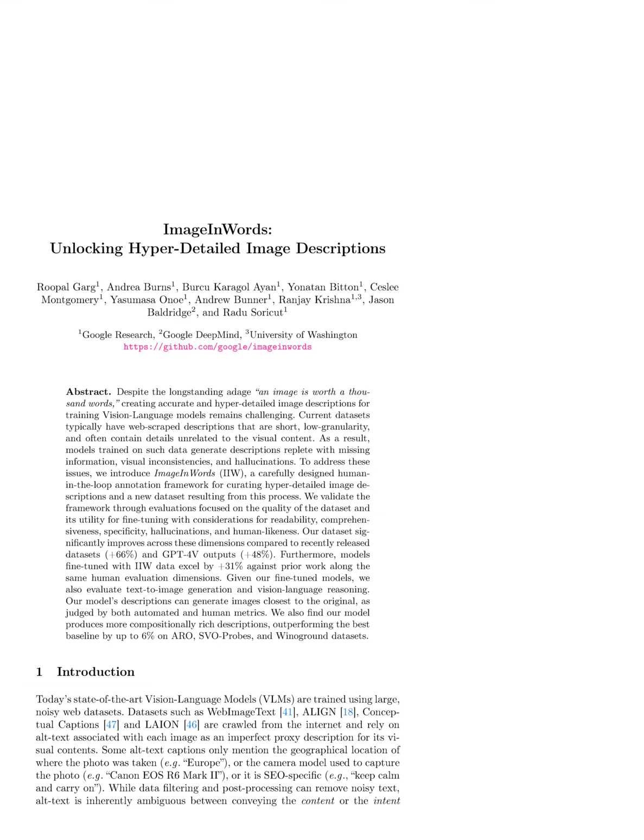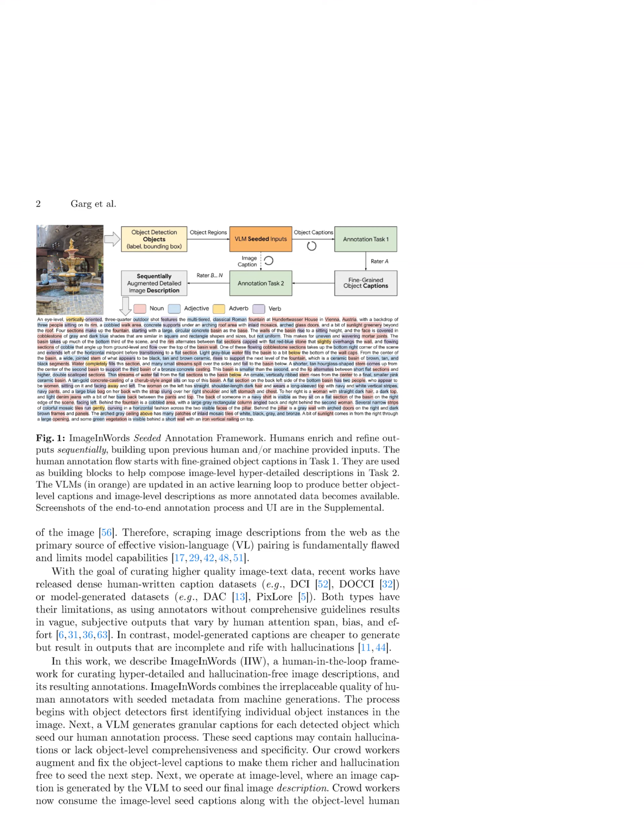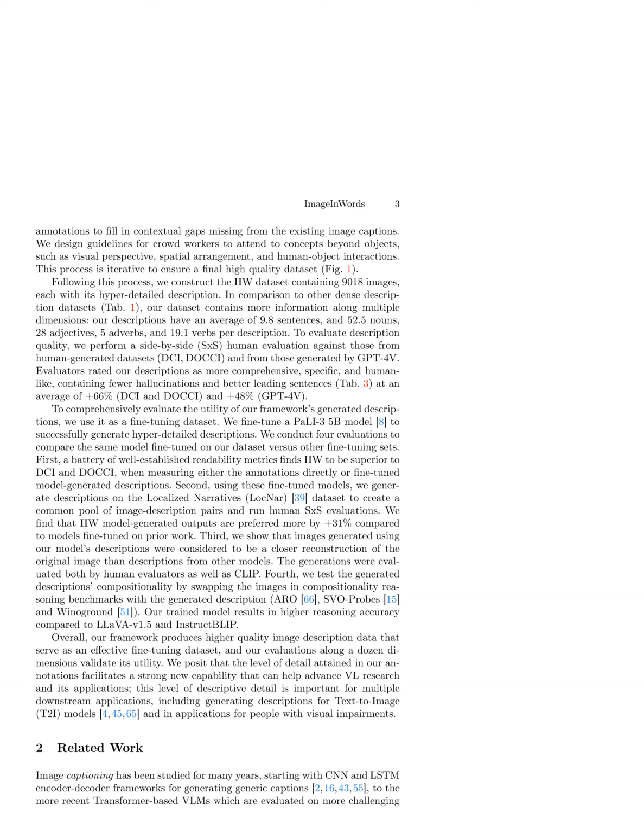images accurately. IIW addresses this issue by introducing a human-in-the-loop framework that combines the quality of human annotators with seeded metadata from machine generations to curate hyper-detailed and hallucination-free image descriptions. The method focuses on generating detailed descriptions for individual objects in images, refining them through human annotations, and then creating a comprehensive image-level description. IIW aims to provide more specific, comprehensive, and human-like image descriptions compared to existing datasets, ultimately